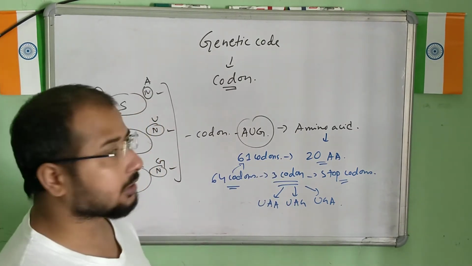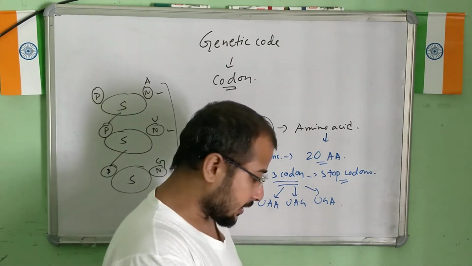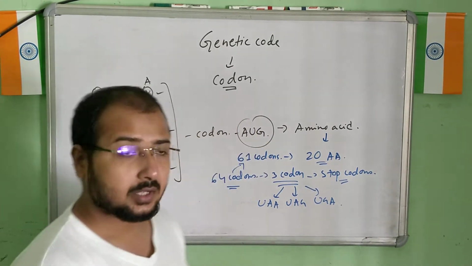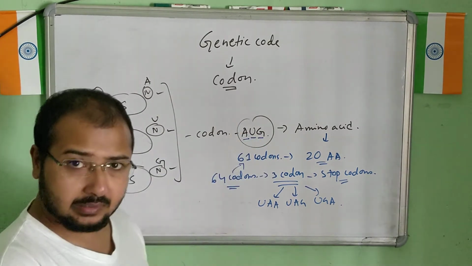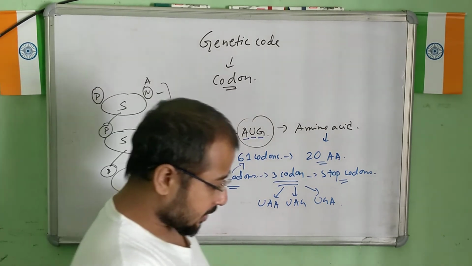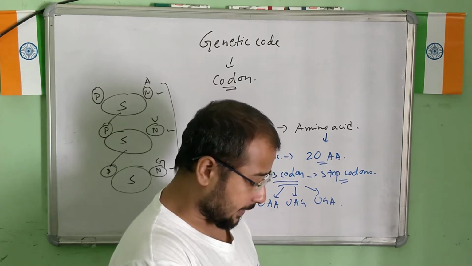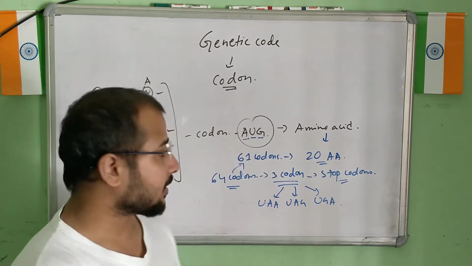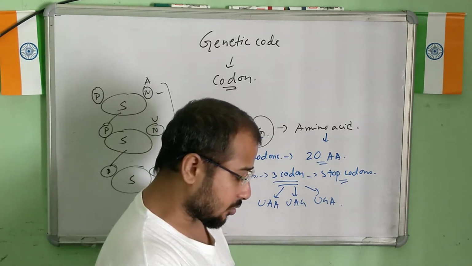If I go by NCERT points, the first is that the codon is triplet. We can see here that 3 nitrogenous bases form one codon. So this is the triplet structure. 61 codons code for amino acids, while 3 codons do not code for any amino acid. Okay, so they are the stop codons here. That is point number 1. Number 2 point, some amino acids are coded by more than one codon.